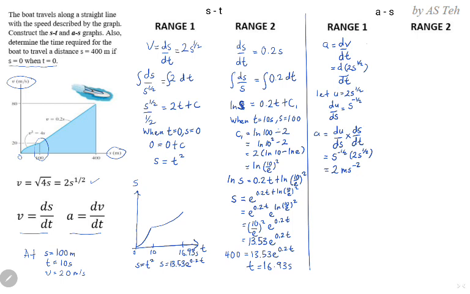Okay, so this means that from 0 to 10 seconds, or 0 to 100 meters, is going to take on this value of acceleration. So let's look at range 2. Now we know that in range 2 we have v equals 0.2s, so a is dv per dt, which we then substitute, it's actually d of 0.2s per dt, okay, which we then get the value of 0.2 ds per dt, which actually means that it's 0.2 v, and in the second range, the relation of v is actually 0.2s, so therefore it equals 0.04